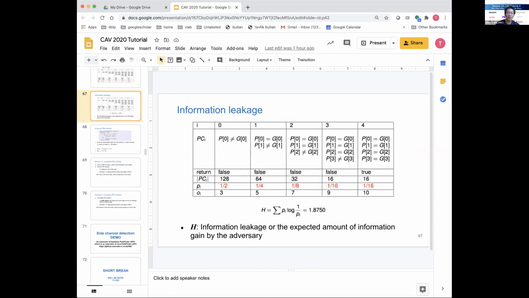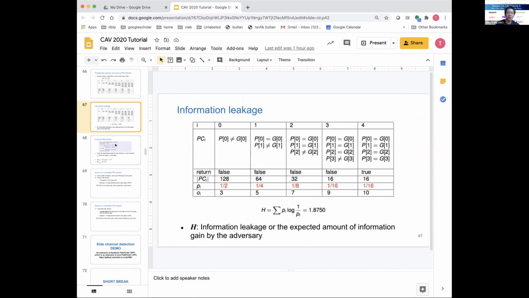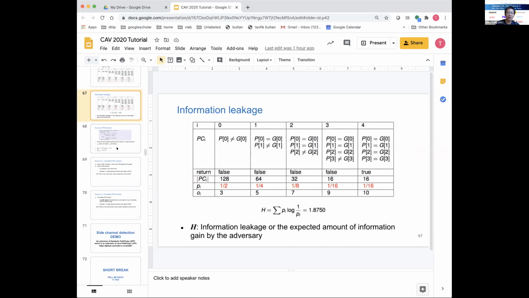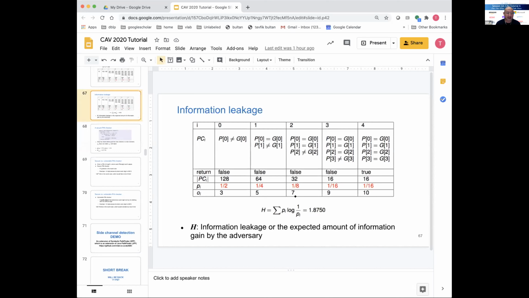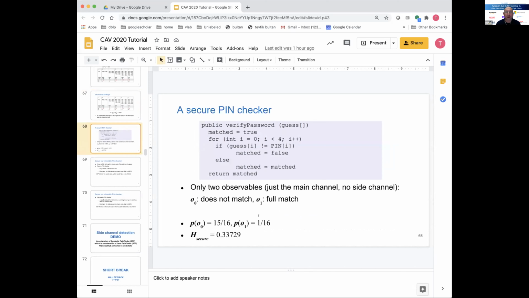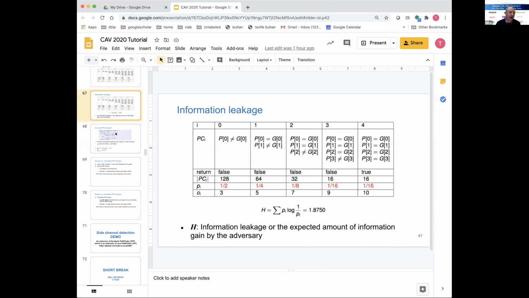Okay, so the next question is asked by Ian. Thank you for the interesting insight, but can we actually decide only based on entropy how good the implementation is, or do we need something to compare to? I guess you've alluded to the fact that you could use this to compare different implementations, right? Yeah, the cool thing is we can compare different implementations. This is the one that has the side channel and it tells 1.87, and this one leaks 0.3. So you can do a comparative analysis. You can say that, look, information leakage increased in this program.